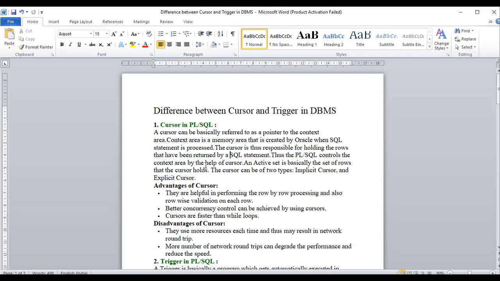A cursor acts like a reference pointer to the program context area, which holds the set of records produced by executing the select clause. The cursor returns a set of records using the select SQL statement.